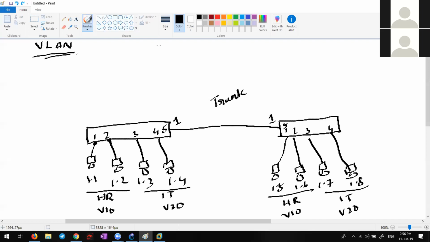Switch to PC is possible, trunk, or switch to server. Server is what? A special device. PC can be a server. So switch to server, is it possible to make a trunk link? Yes. Nowadays it's very much possible. That's VMware and all. I mean, virtualization is coming into picture, right? Not coming into picture, it's already there.